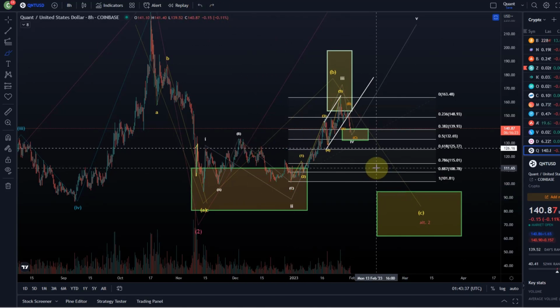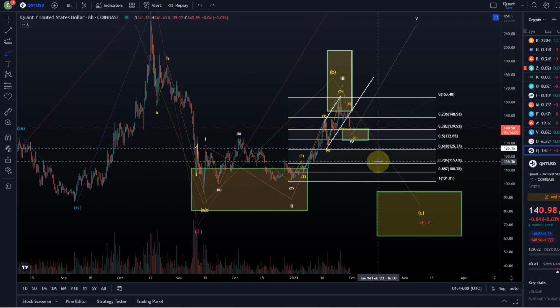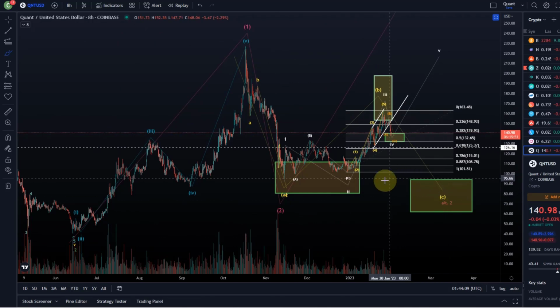So these are the different scenarios that could play out. This area certainly has a chance to hold. If it breaks, we still have one chance, obviously, here at the $126 level. So that's the first scenario. The second one, as I said, is that we have a 1-2-1-2 setup. There's no way of knowing that at the moment. Then key support is 115, and if we break below that, then we've got this corrective scenario where we get a deeper C wave.